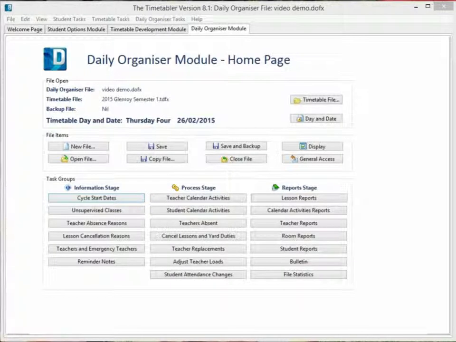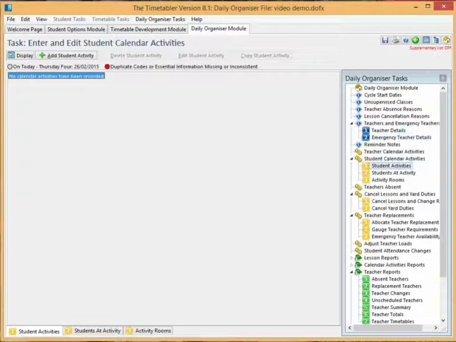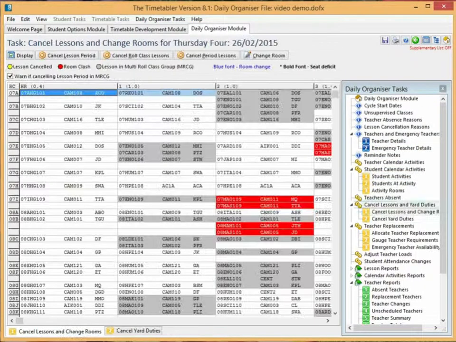The next feature we'll look at is the Cancel Lessons and Yard Duties feature. If you've put your activities in using the Student Activities section for adding camps, excursions and so on, then you may not need to use this function as much because it will automatically cancel those classes for you. If you've got smaller activities that don't warrant the extra effort of putting a student activity in, or that you find out late notice, so you just want to do it on the day, you can use the Cancel Lessons